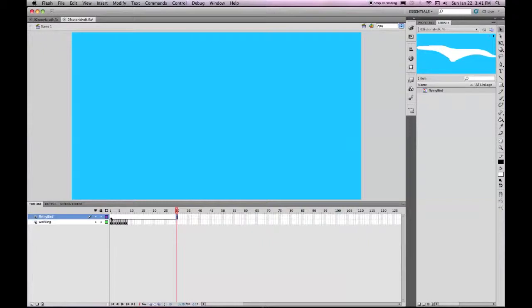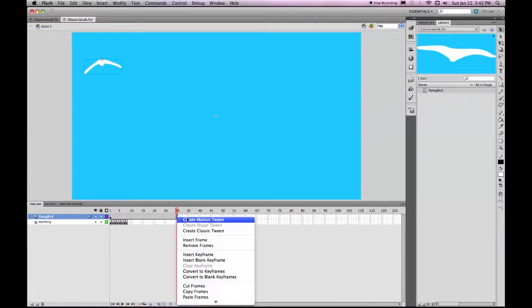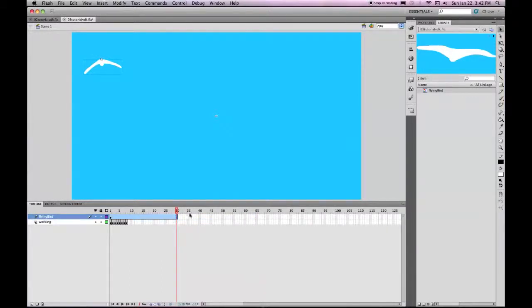Now, on frame 1, let's put the flying bird right over the other bird, okay? And now we're going to use the tweening, which is something you can do in Flash, and we'll be doing more tweening for the next project. For this one, it's important to realize that when you do your frame by frame straight ahead animation, you can use it for many things. On the last frame, right click, create motion tween, and then get your selection tool, drag it across,